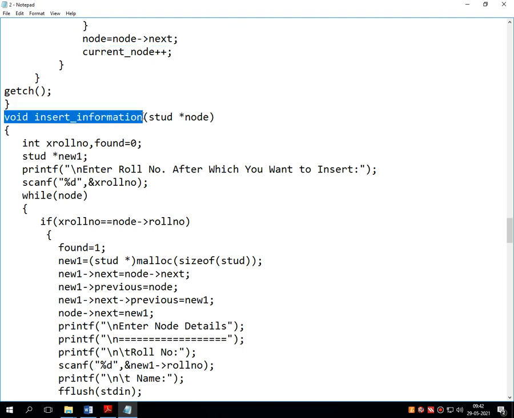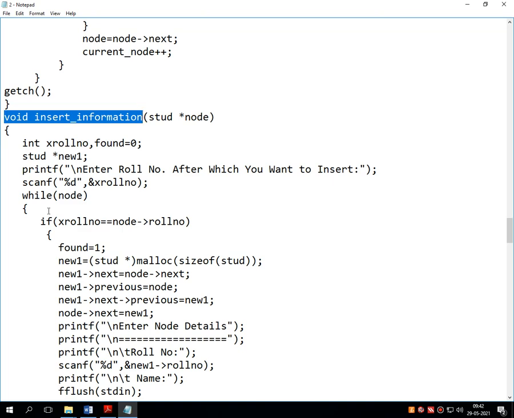Same like that, there is an option of insert underscore information. What is the difference between the previous one and this one? The previous inserts the node based on node number, while this particular option inserts a new node based on information which is already available in the double linked list. That means we have to give a specific roll number which should already be present in the linked list.